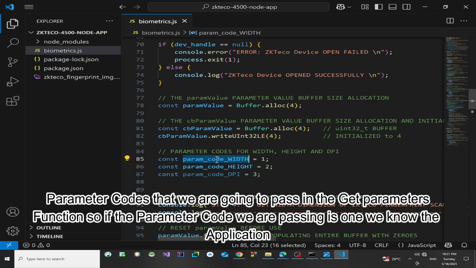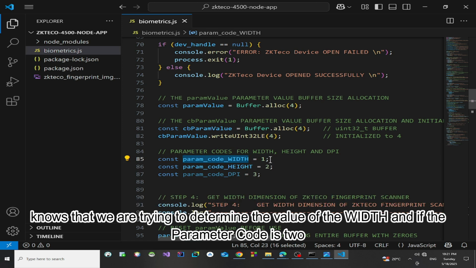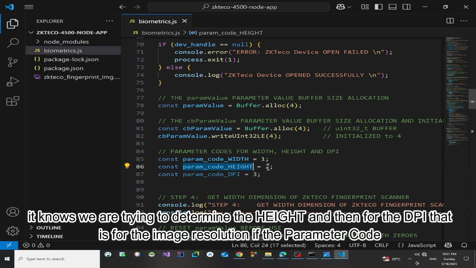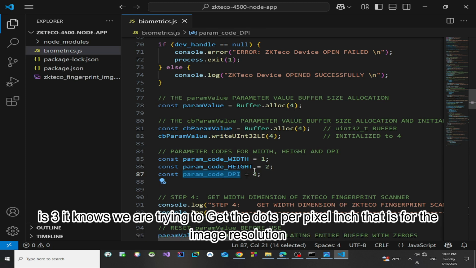If the parameter code we are passing is 1, the application knows that we are trying to determine the value of the width. And if the parameter code is 2, it knows we are trying to determine the height. And for the DPI, that is for the image resolution, if the parameter code is 3, it knows we are trying to get